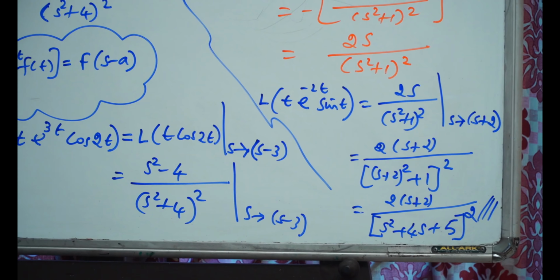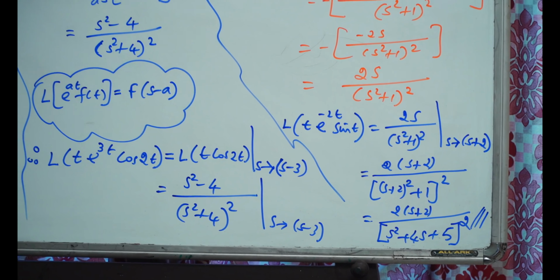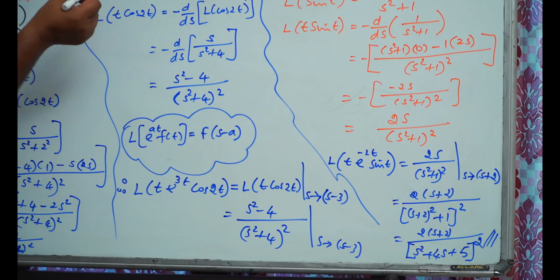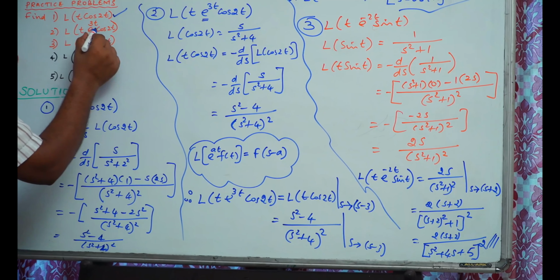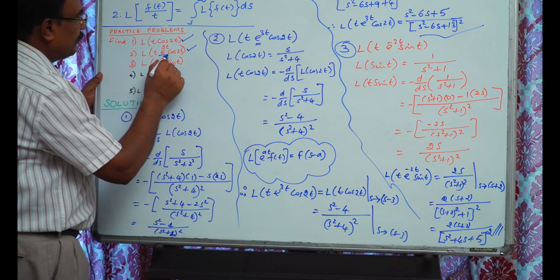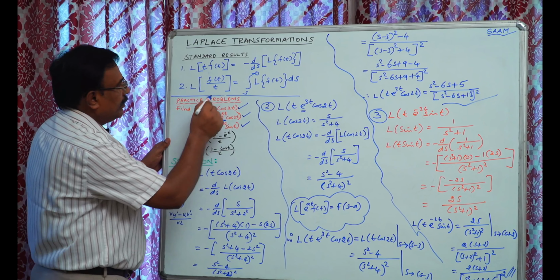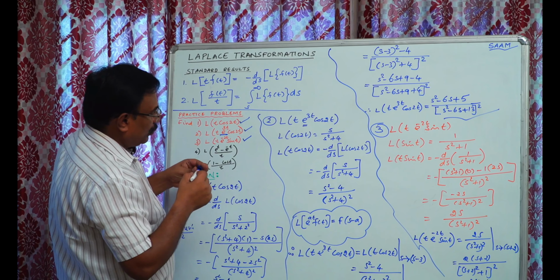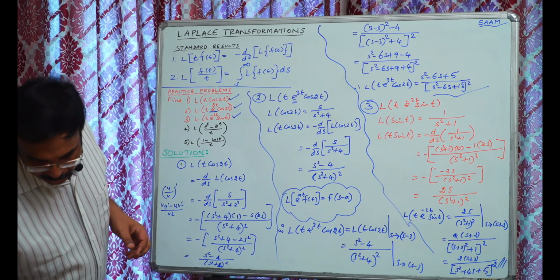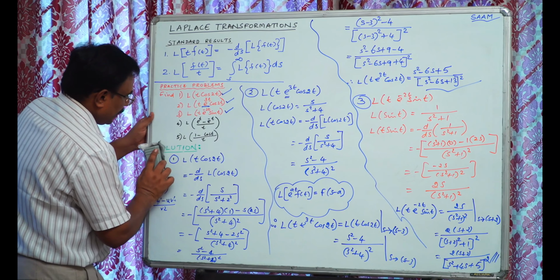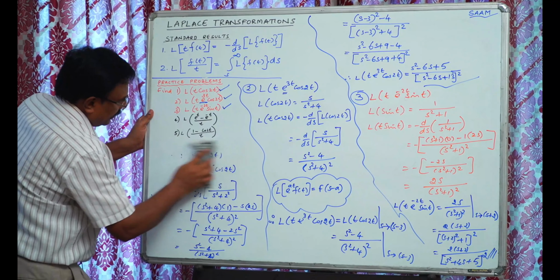Then t, see here, the t into cos 2t is over, t into e power 3t cos 2t with the shifting theorem is also over, this is also over. Then by t, by the second rule, I am going to do now itself. Please just wait. Yeah, I can restart here.